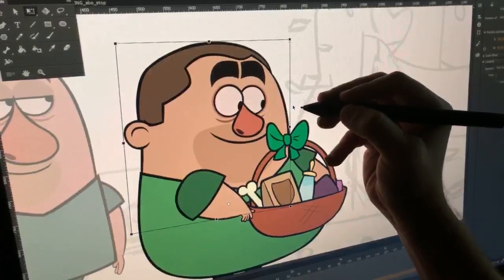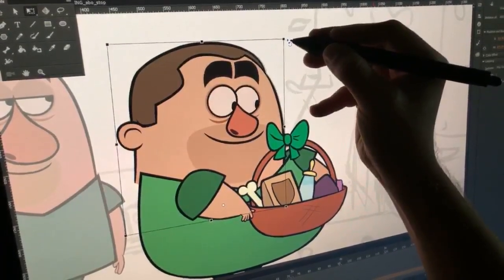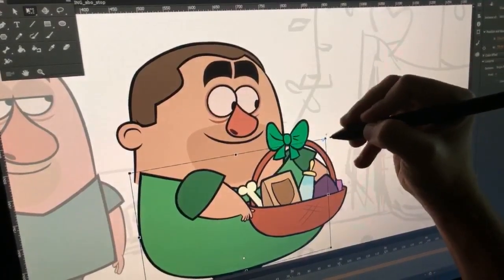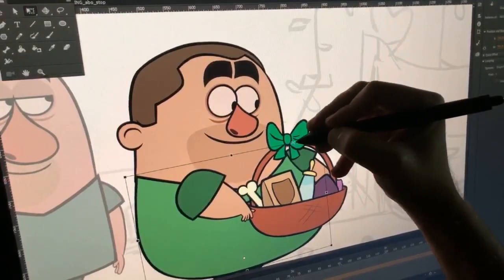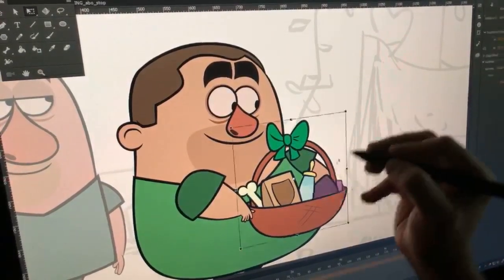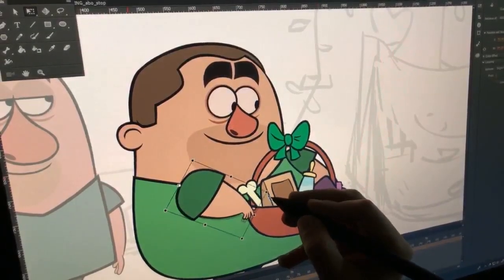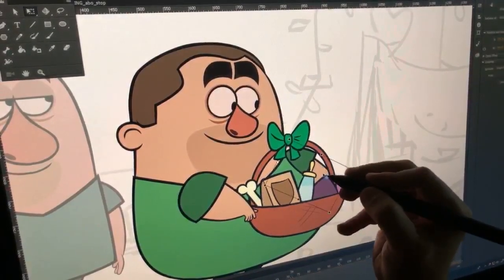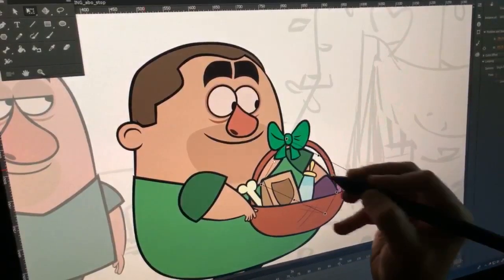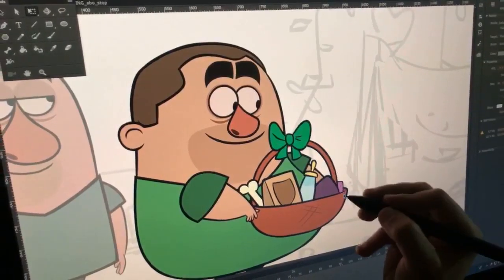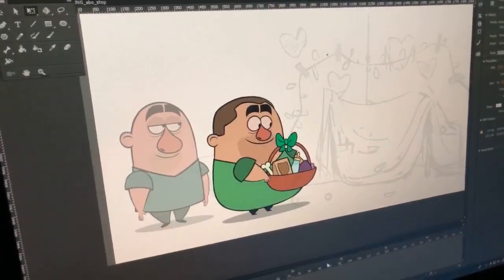I'm gonna change his pose a little bit so he's kind of like leaning back with his body. Like that. Put this hand behind the basket. There you go.